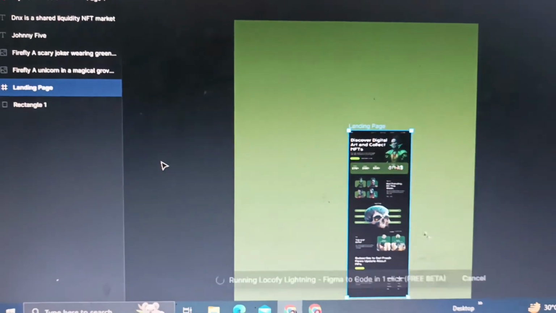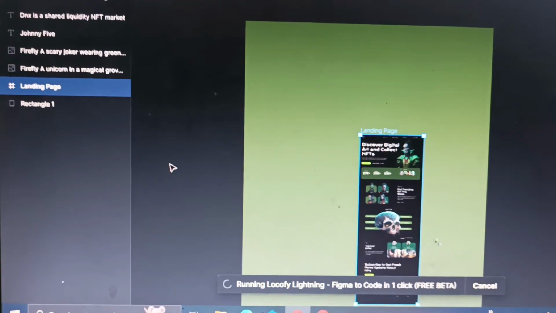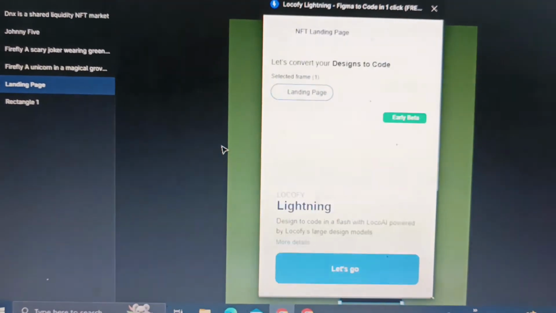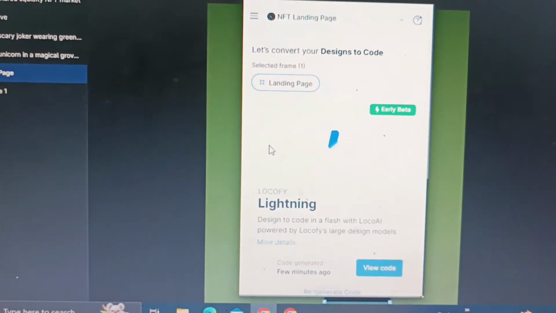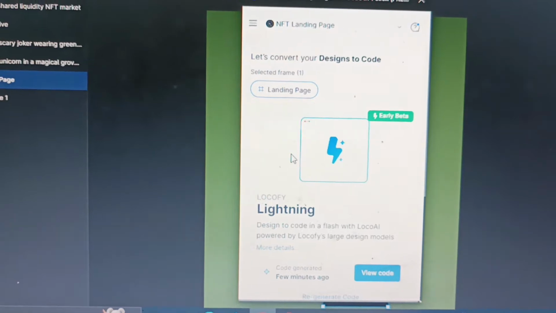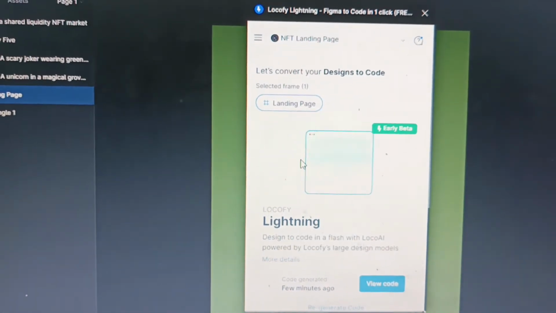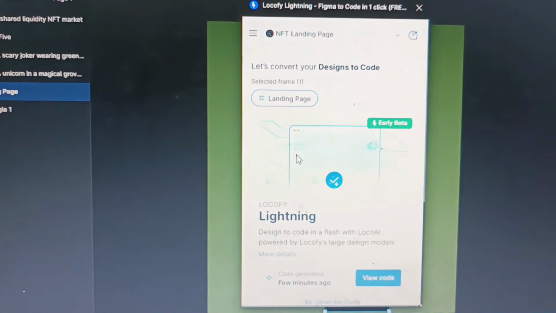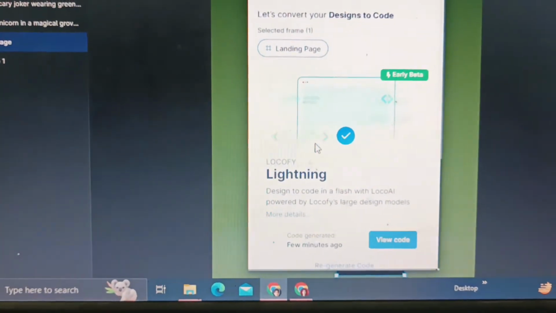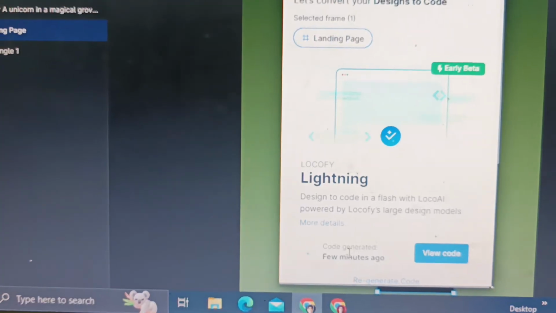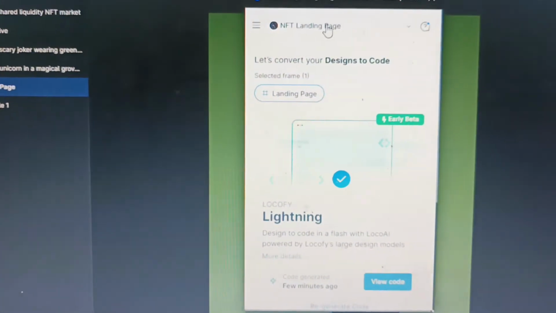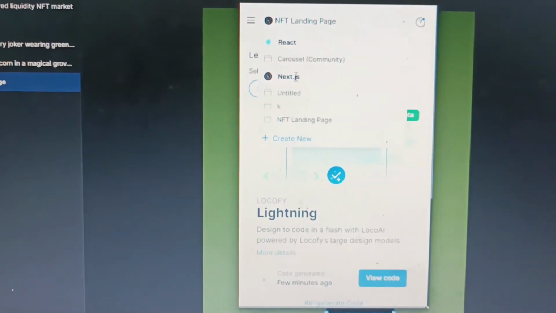Okay, it is running. Great. So as we have already selected the page, it is now scanning the page to provide us the code. Okay, so basically I recently converted the design into the code, and if you want to reconvert it again,